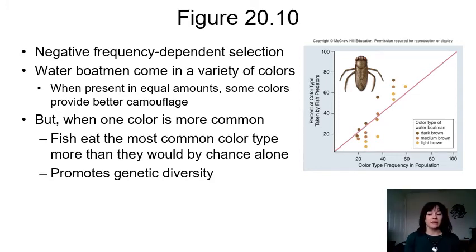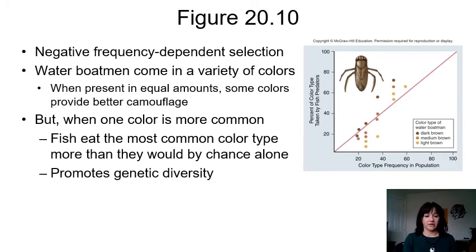Right? So we have these bugs called water boatmen, and they come in a variety of colors. So there's variability in the population in terms of color. And when you have an equal amount of the different colors, say we are looking at dark brown, medium brown, and light brown. You have a third of the bugs are dark, a third are medium, and a third are light. Whatever color provides the best camouflage is the one that's going to be selected for. But if you have a population where one of these colors is very popular, such as, say, dark brown, that color